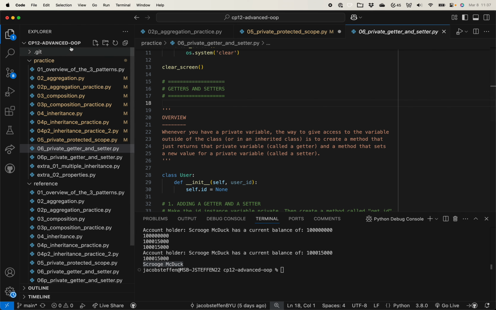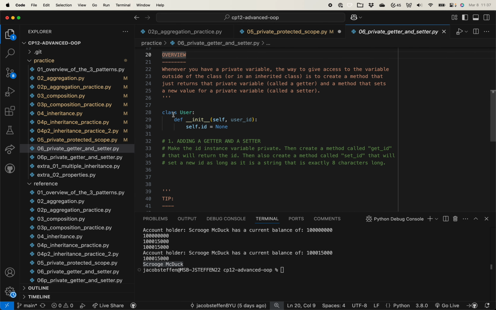Okay, we're still in advanced object-oriented programming. We're going to look at getters and setters. So right now we are making a class called user. And let's pretend that we have an ID. This is purposely a very simple class. There's not a whole lot going on, but let's just pretend we're making users for a website or program, whatever